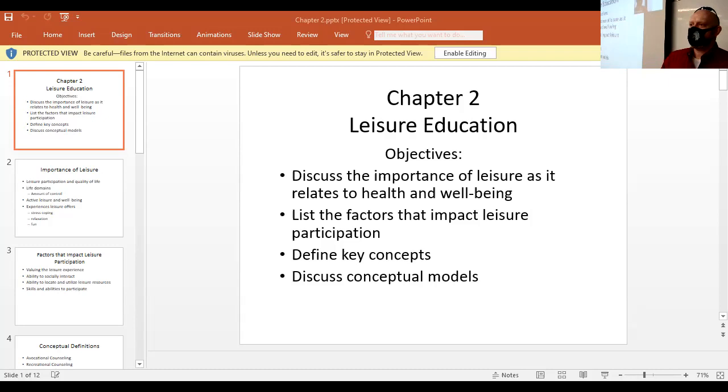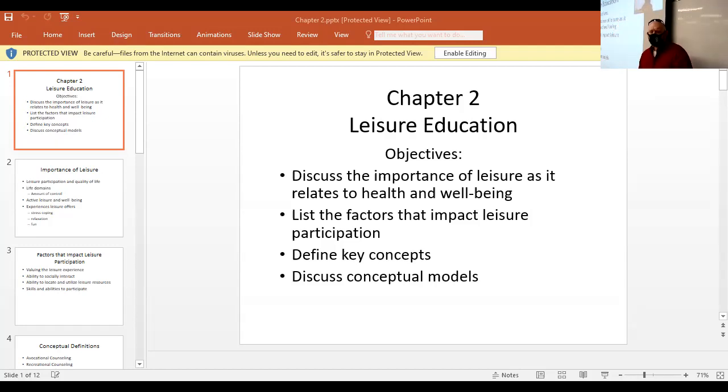We need to look for things when we're talking about leisure education. If we're going to do an activity for someone who needs adaptations, we need to be able to look at each activity that we're talking about and see if a particular individual is going to need some sort of adaptive device or a change to the rules to be able to participate. Therefore, we need to be able to break down activities into smaller parts to see if they can actually do all of the pieces of the given activity. Y'all following so far on that?